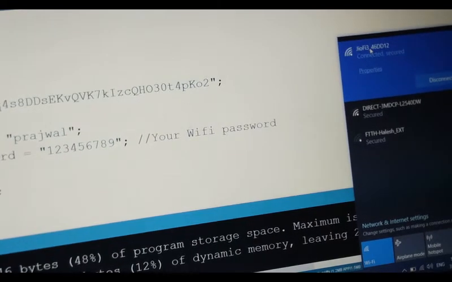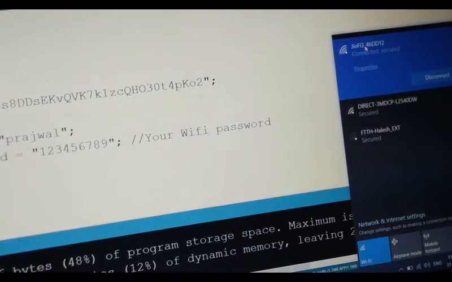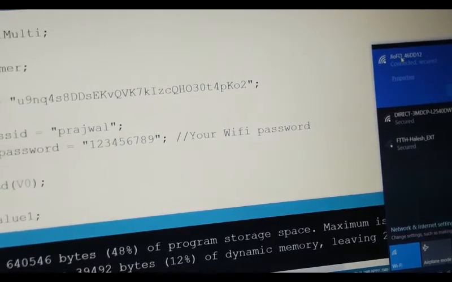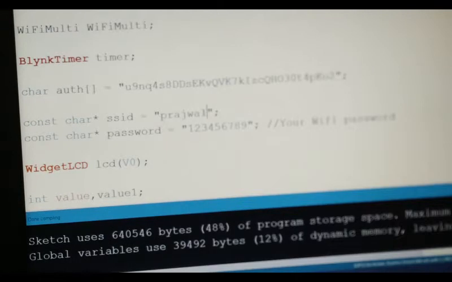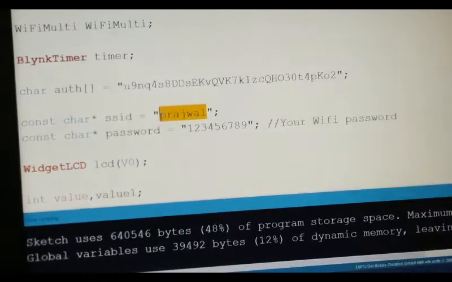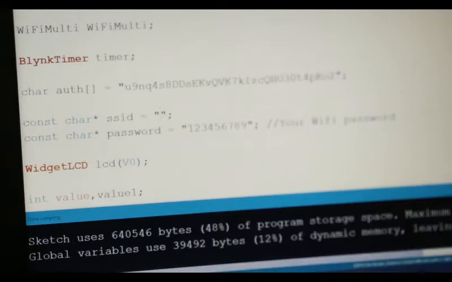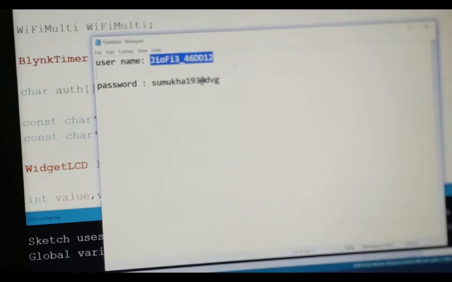If you are using your mobile hotspot for Wi-Fi connection, you need to mention the hotspot name and password here. Okay. I will replace this Prajwal with my SSID. I have already copied.